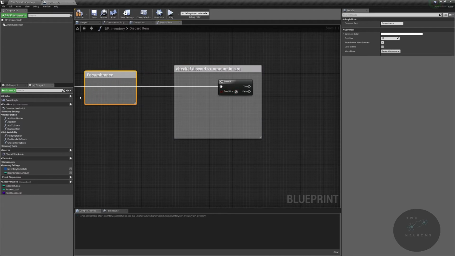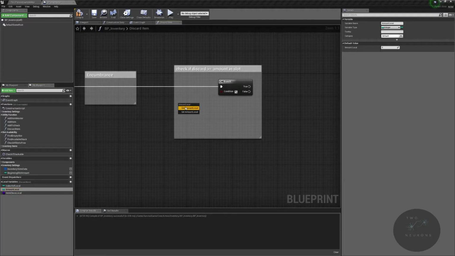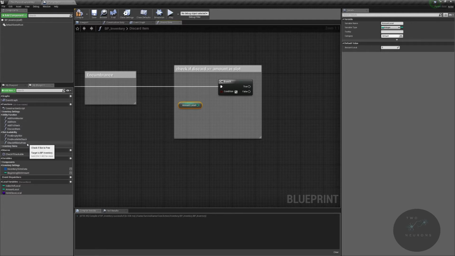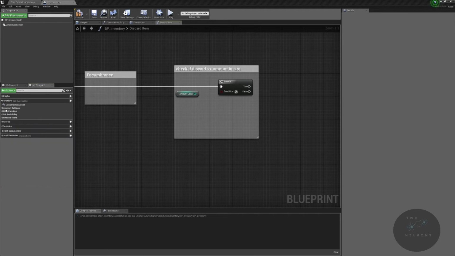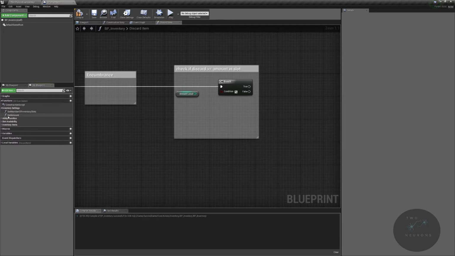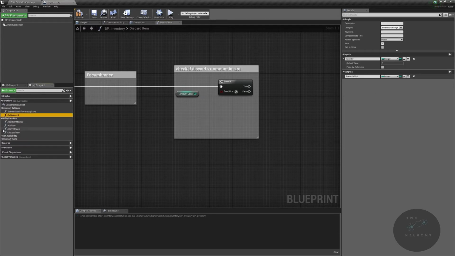So what we're going to do is get our amount local. We are going to then get our amount in slot. I swear we created this at some point. So you might notice that something has changed here. I searched for the thing I'm looking for. I put it in the wrong area. It's this get amount. Get amount we need to actually move to the correct folder, which would be inventory items,